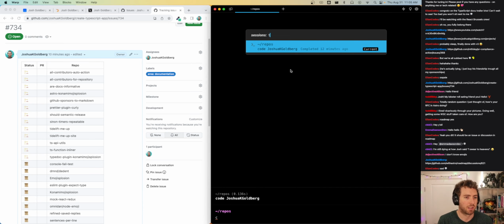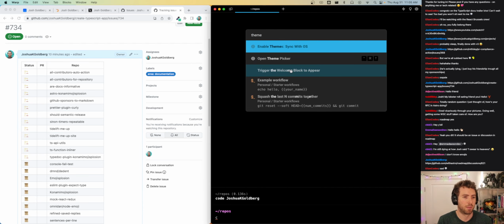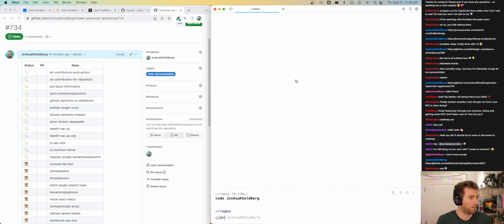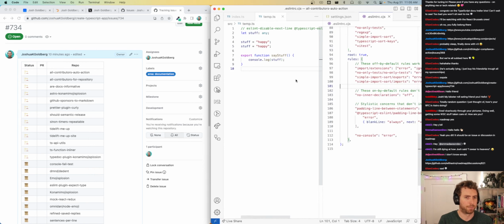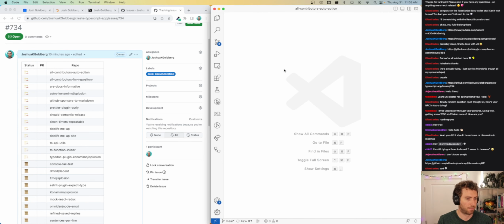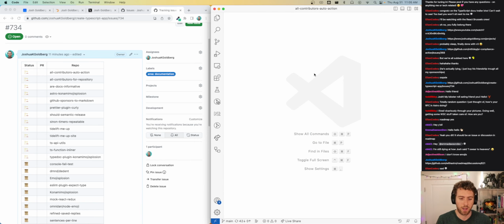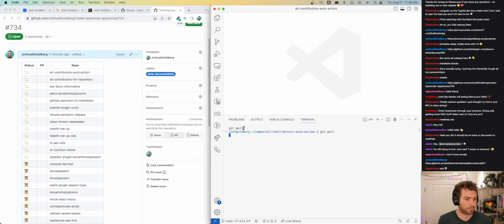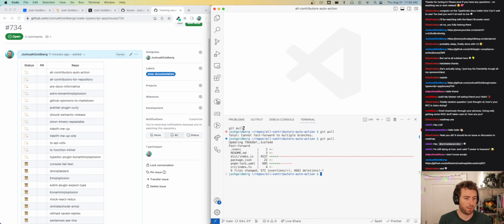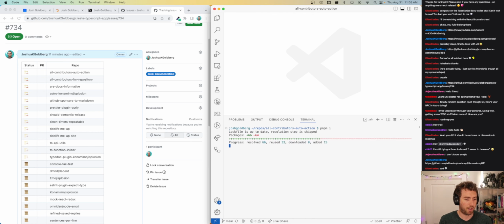code. Ugh. How's the theme? There we go. Code all contributors auto action. All right. So in theory, I got some scratch changes from messing around on this one. Temp.ts. So in theory, yep. What is that message? Can't fast forward to multiple branches. Clear. So in theory, I should be able to run